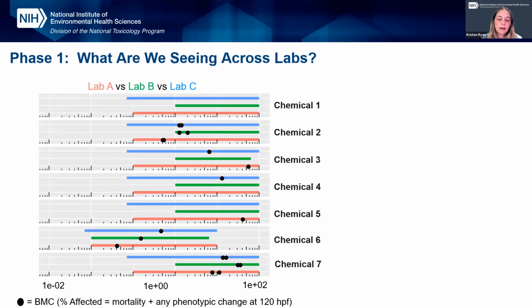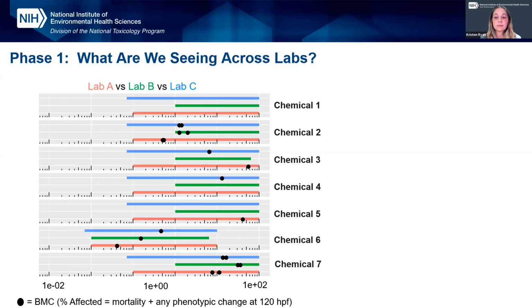In this plot, I have just a little bit more data. I want to highlight some points here from 3 labs that are designated as lab A, B, and C with different colors. And that horizontal line you're seeing here at the top represents the concentration range tested by each lab. The overlaying black dot represents that BMC, which is an average of 3 runs. And just a reminder that BMC is the concentration at which the zebrafish are affected in the form of either mortality